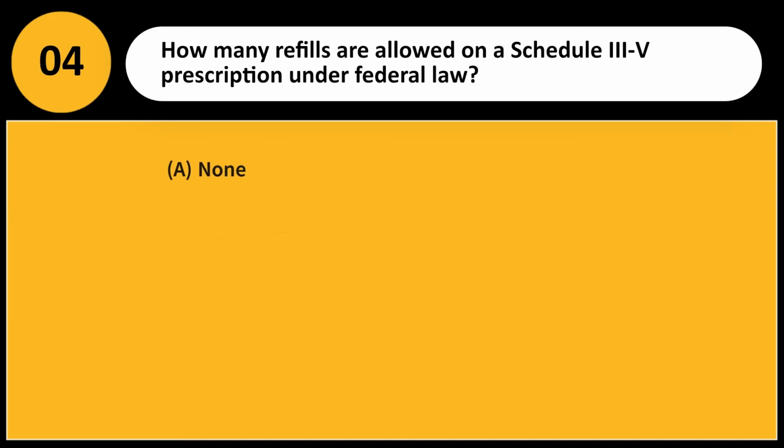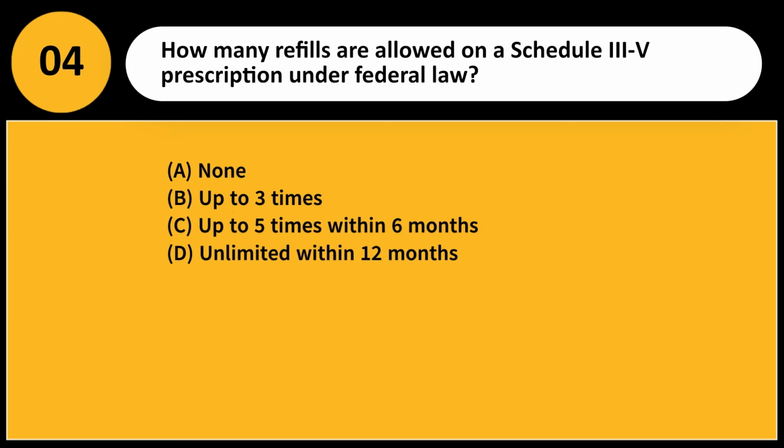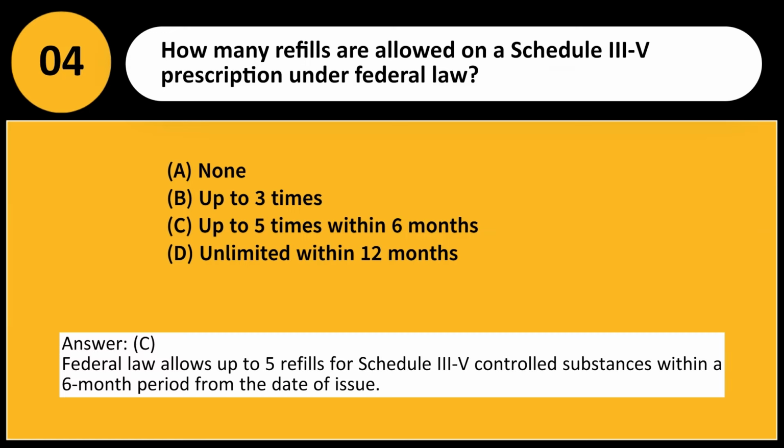How many refills are allowed on a Schedule III-IV prescription under federal law? A. None. B. Up to 3 times. C. Up to 5 times within 6 months. D. Unlimited within 12 months. Answer C. Federal law allows up to 5 refills for Schedule III-IV controlled substances within a 6-month period from the